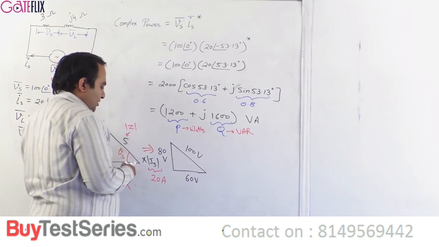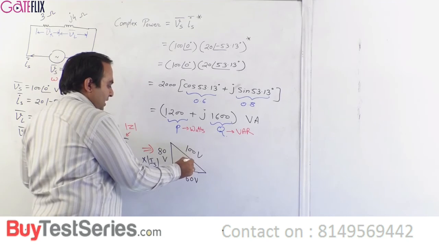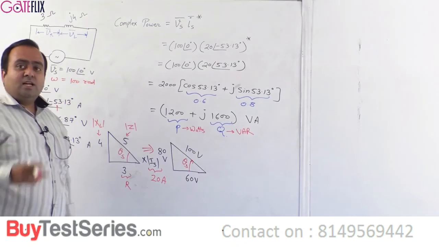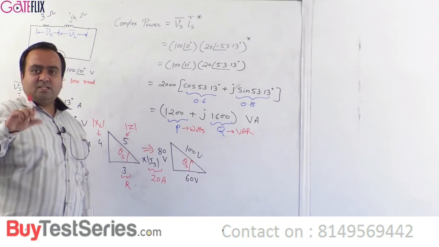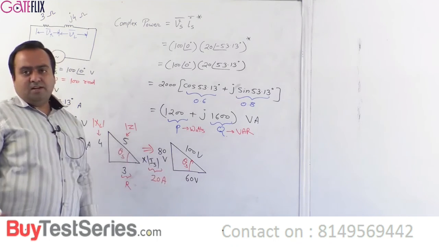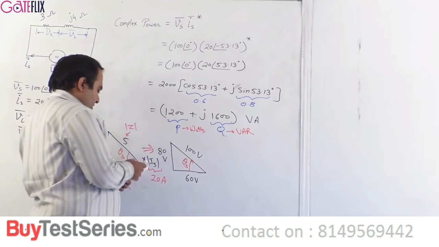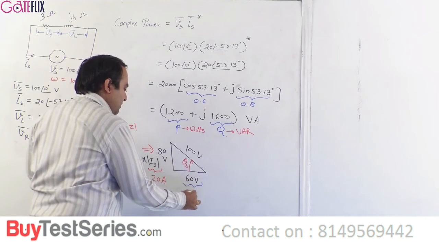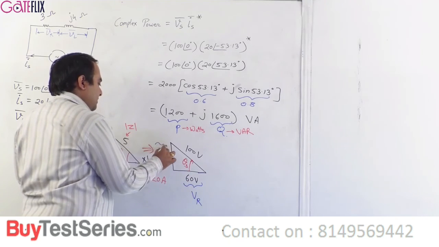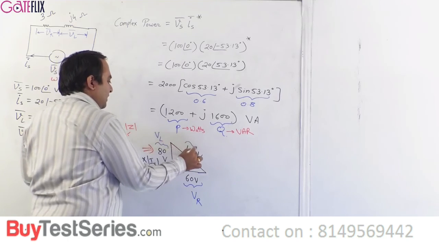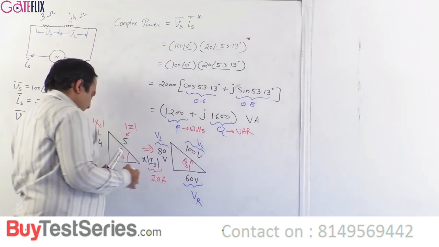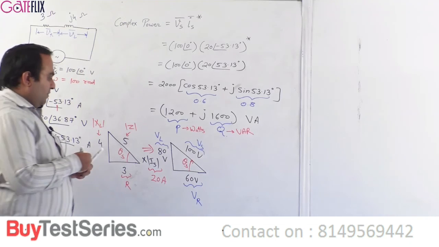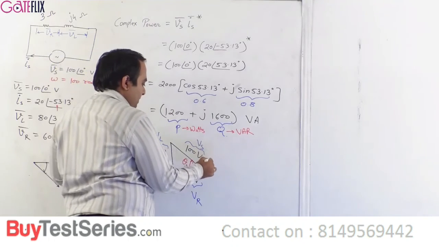The angle does not change because we have multiplied all three sides by the same number, so the angle will not change, because after all the ratios have not changed. If the ratios have not changed, trigonometric ratios, then the angle must not have changed. So this is VR, this is VL, and this is VS. Is this okay? So you can further multiply this by